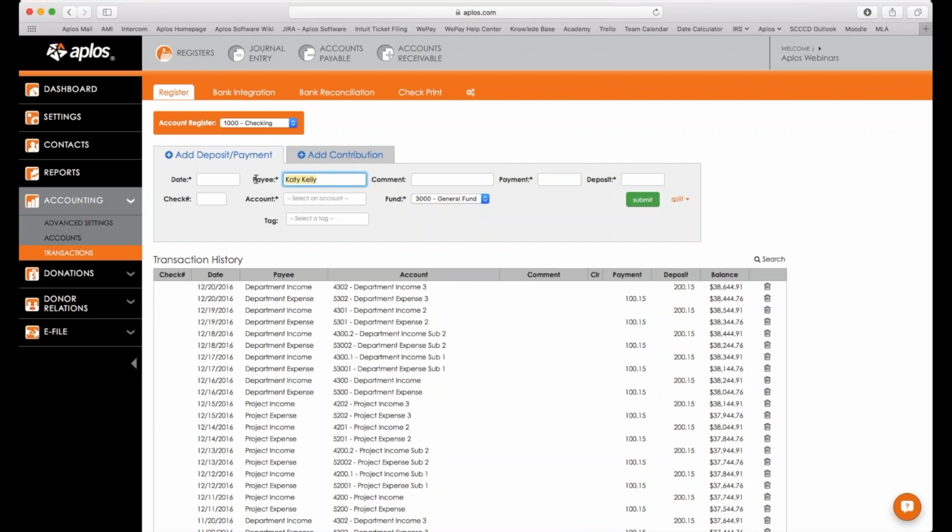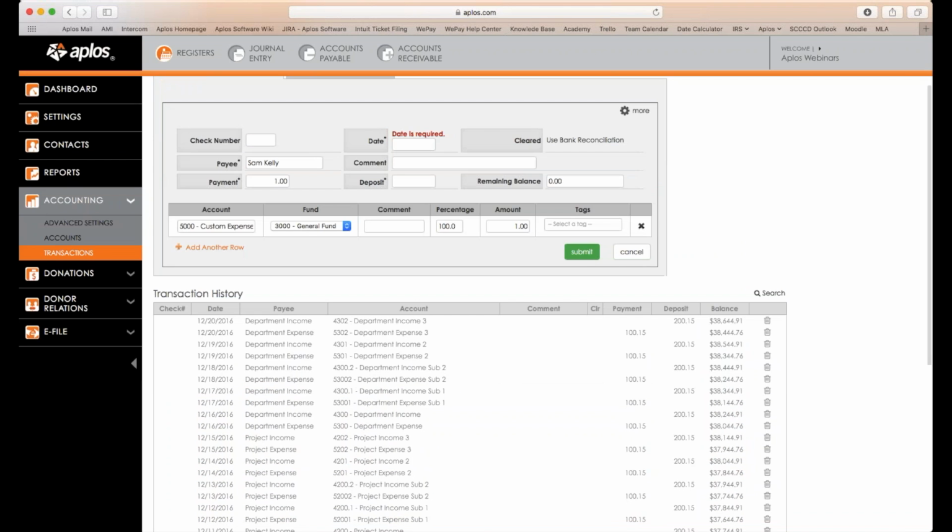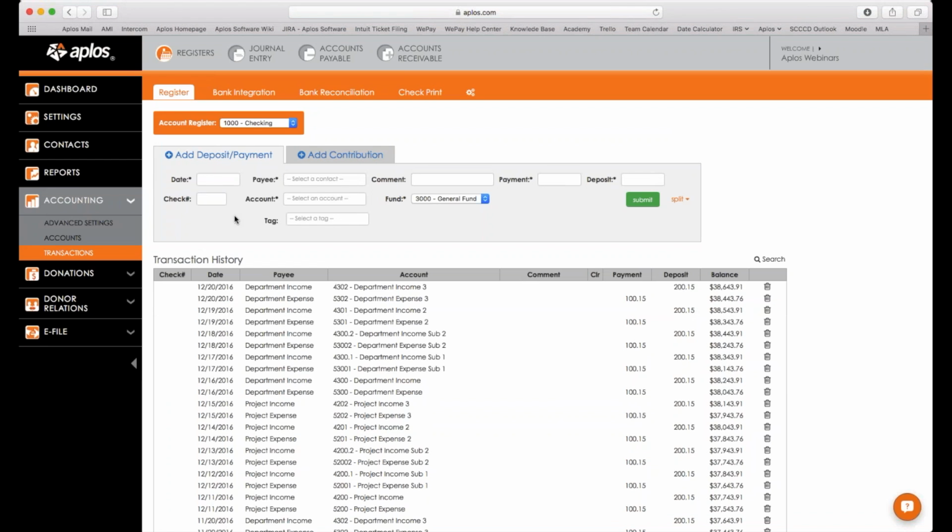But if you have a new contact that you're recording a transaction for, since there's no other contacts that currently exist in your contact list, you'll have this option here to add as new contact. And when you select that option, once you submit and post this transaction, let's post a test transaction just from today. Oh, forgot to add the date. There we go. So Sam Kelly was not a contact that previously existed in our contact list,